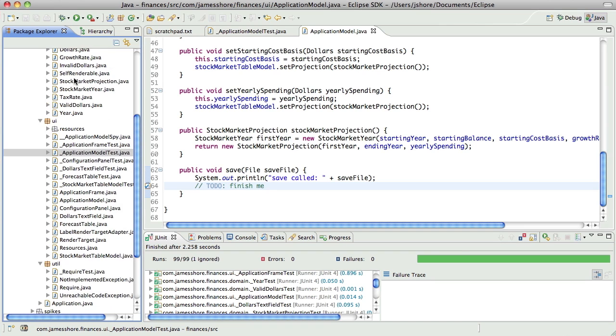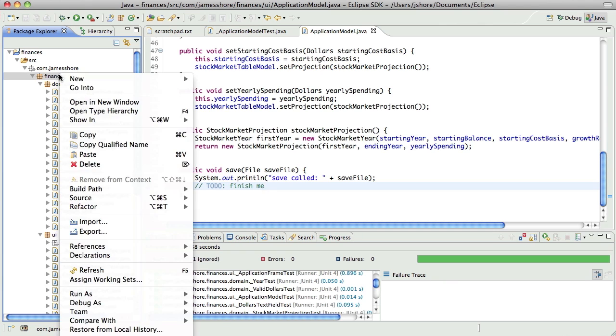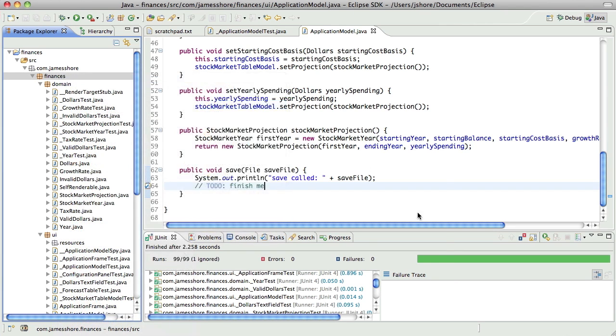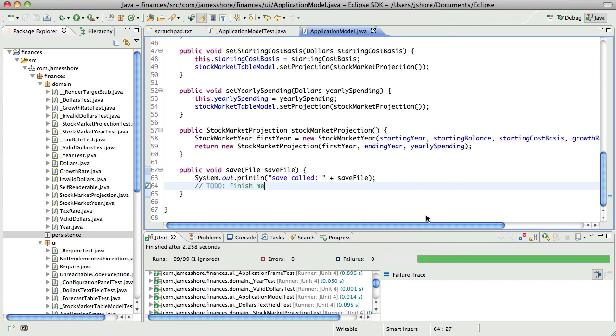I could put it in the UI, I could put it in the model, I could create a brand new package for it called persist or persistence. Yeah, let's make a new package called persistence. Okay, and in there, let's create